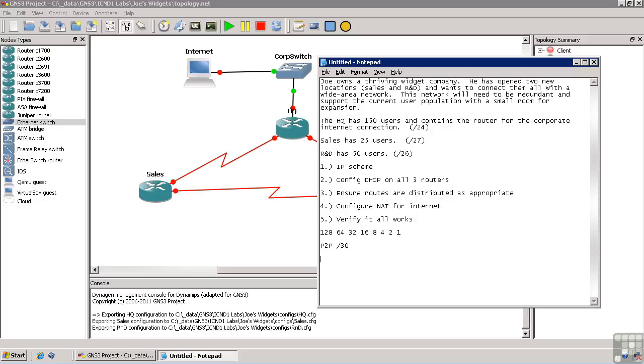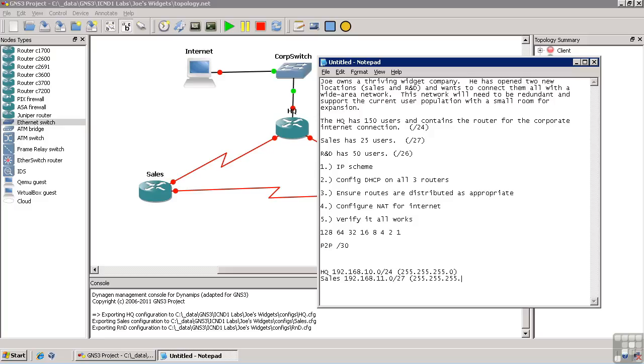So now that we have the subnet masks that we're going to use for each of these networks, let's come up with a comprehensive IP scheme. So we'll do HQ. Since it's an entire Class C, we'll do 192.168.10.0/24, which means that the subnet mask up here will be 255.255.255.0. Sales will be 192.168.11.0/27, which means its subnet mask will be